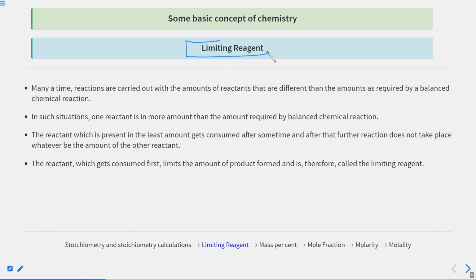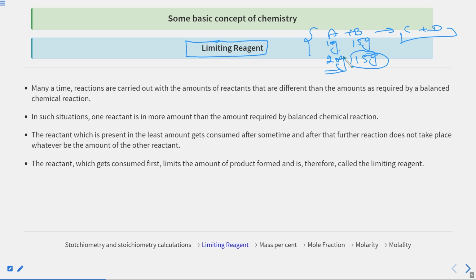And we have covered in the previous class the limiting reactant. That is very simple. Suppose A plus B gives C plus D, and suppose 10 gram of A requires 15 gram of B, and they produce these products. So in the balanced chemical equation, this is the required amount of A and B. But suppose I have provided 20 gram of A, so reactant A is in excess, and I have provided only 15 gram of B. So B requires only 10 gram of A. So B will react with 10 gram of A and B will finish up.